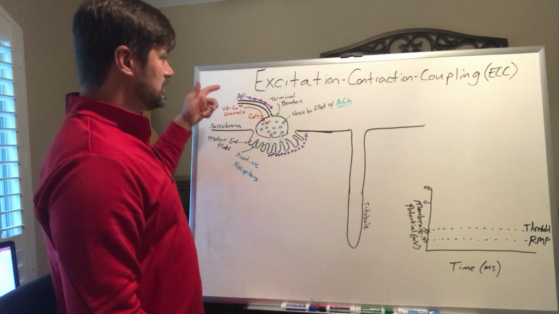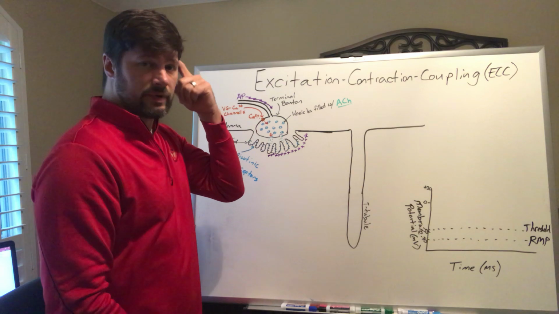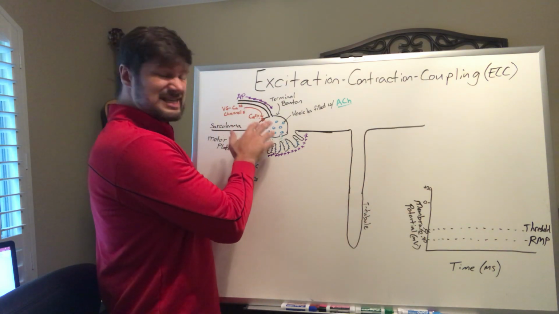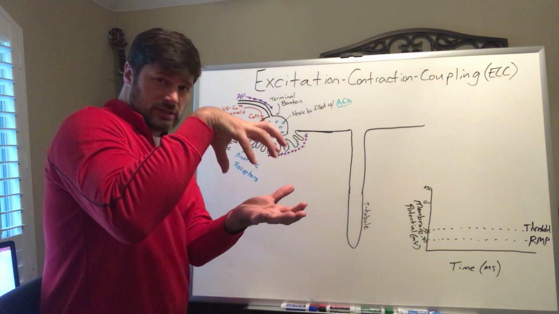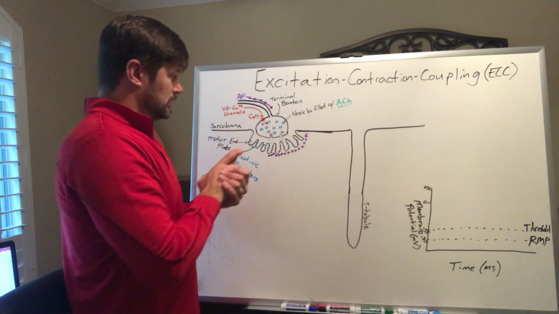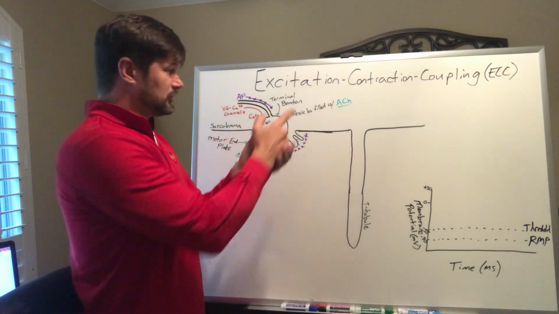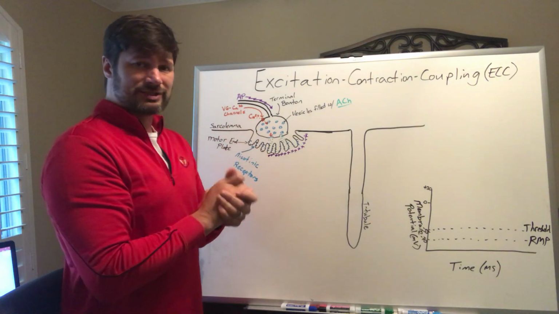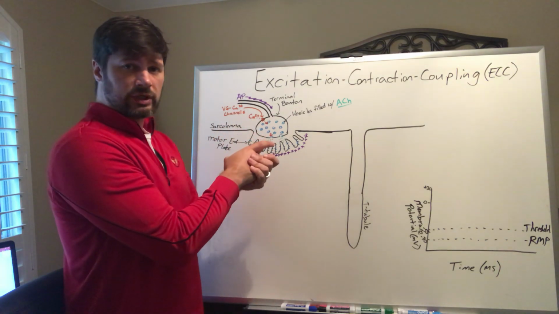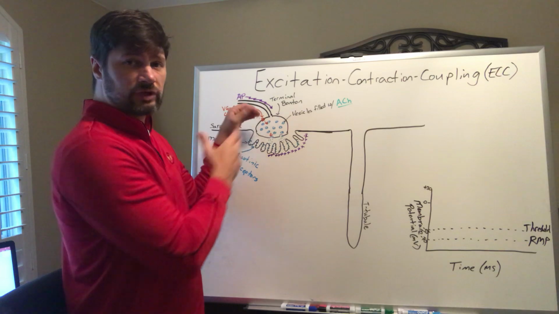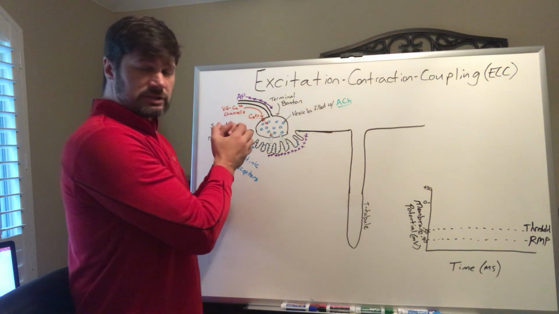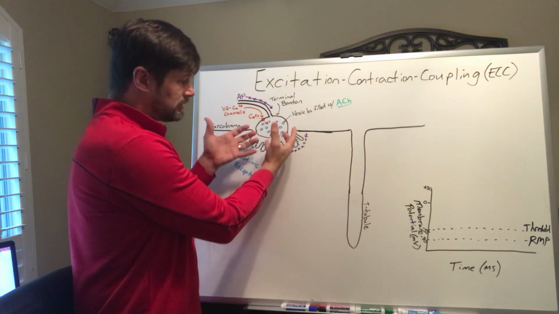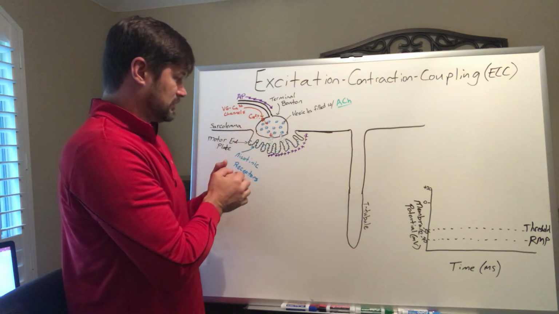It talks about the fact that we need to send an action potential down from the brain, from our somatic nervous system, down the axon to the terminal bouton, which is sitting on top of that muscle fiber. In that terminal bouton, we have vesicles filled with acetylcholine. The action potential will activate voltage-gated calcium channels on that bouton, allowing for calcium influx. Once calcium levels inside the bouton increase, they help drive exocytosis of acetylcholine out into the synaptic cleft, where they